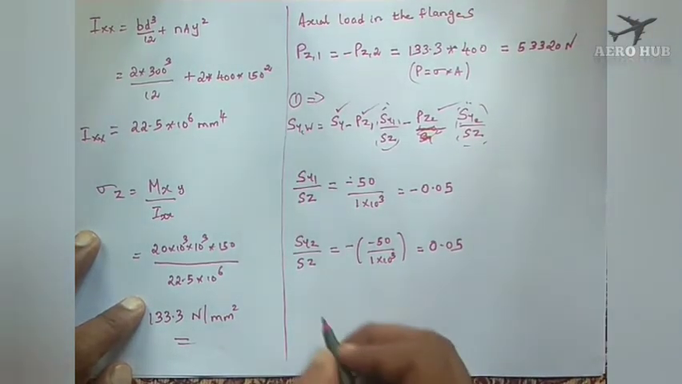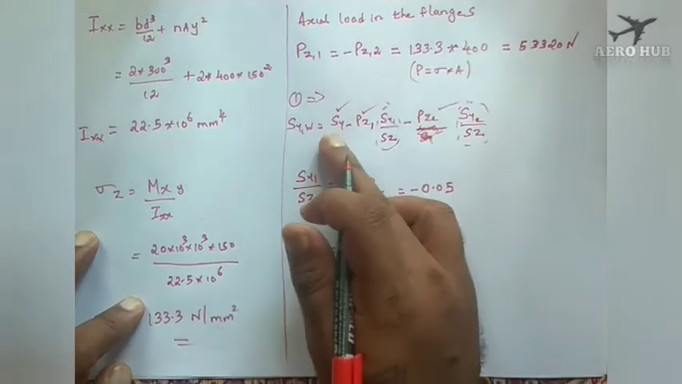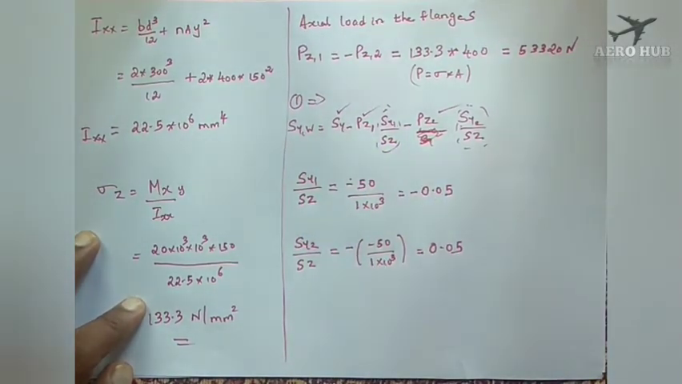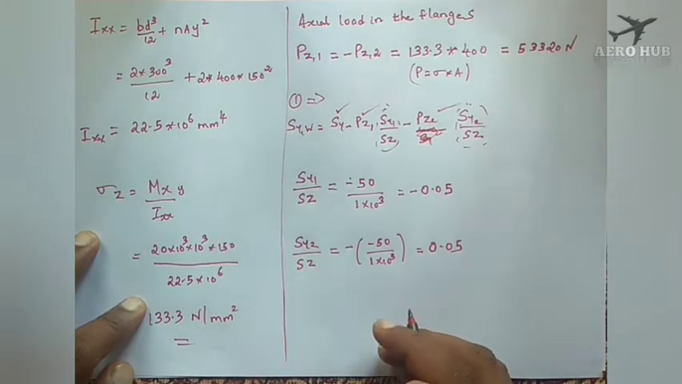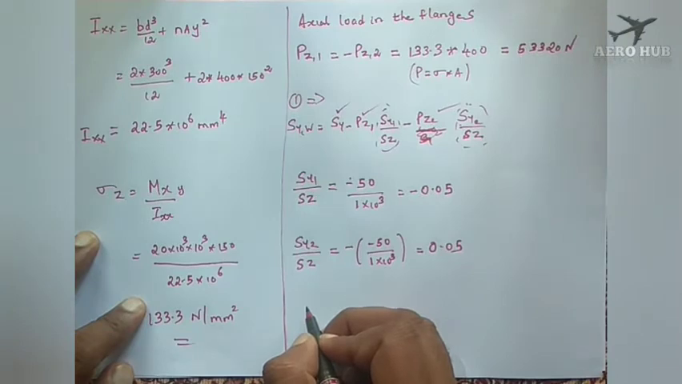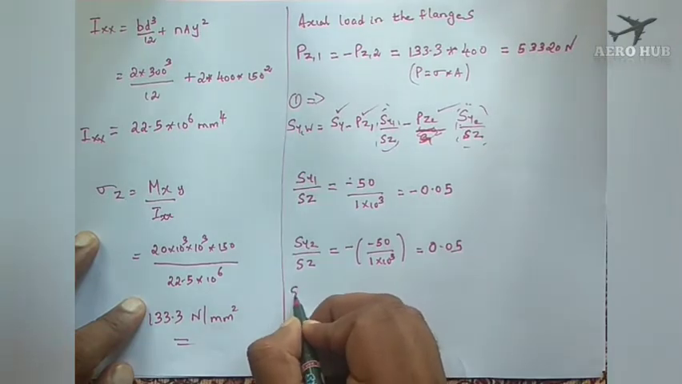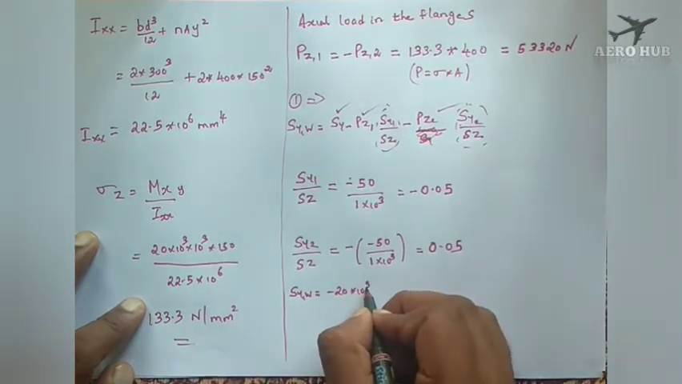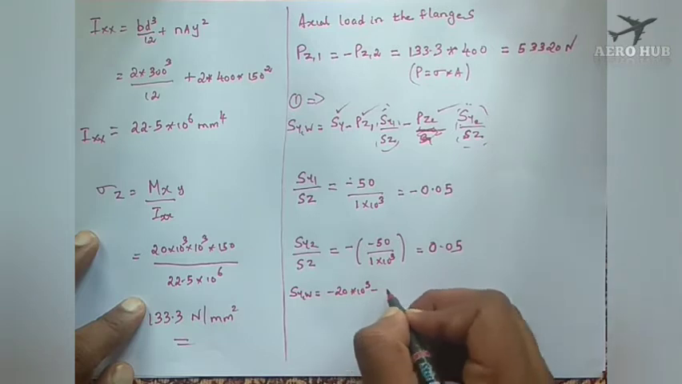Okay, now we can substitute the values of Sy, Pz1, delta Y1 by delta Z, Pz2, and delta Y2 by delta Z. Okay, to find out the value of shear force at the web, Sy,W will be: Sy is minus 20 into 10 power 3, Pz1 is minus